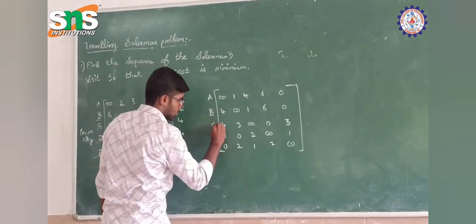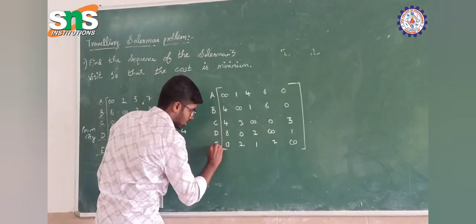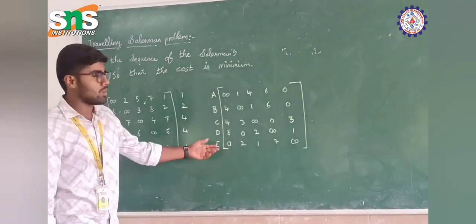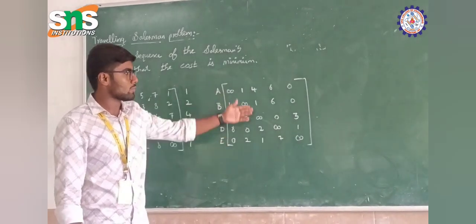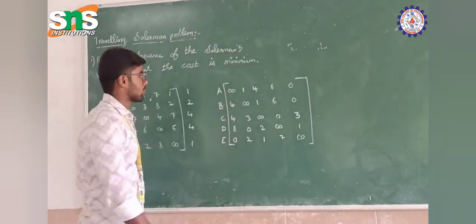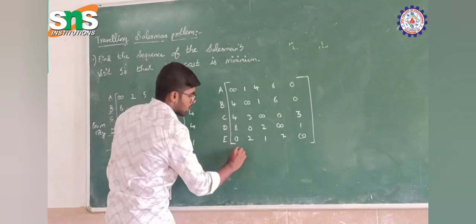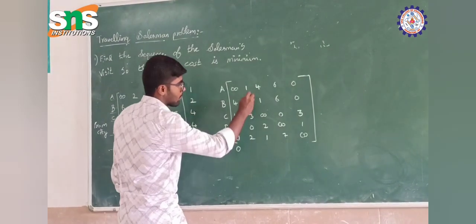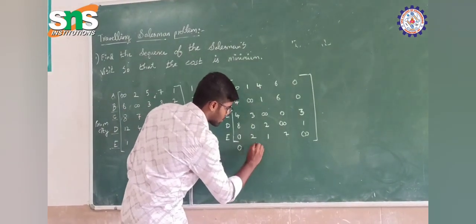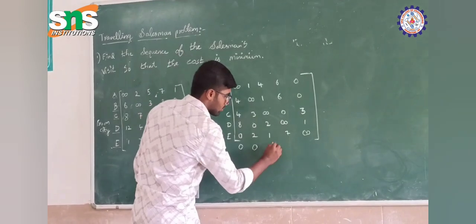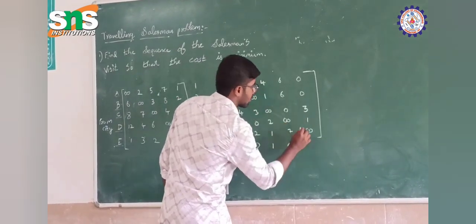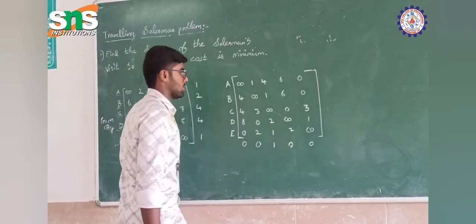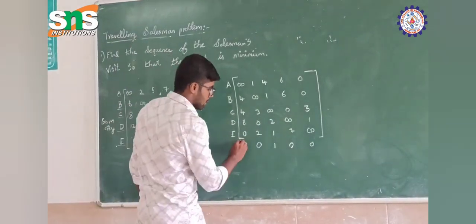A, D, and E. From the third step, we have to select the minimum values from each column of this table. Here 0 is the minimum. The second column, here also 0 is the minimum. Here there is no 0, so we are going to take 1. So here 0 and here also 0. After selecting these values,